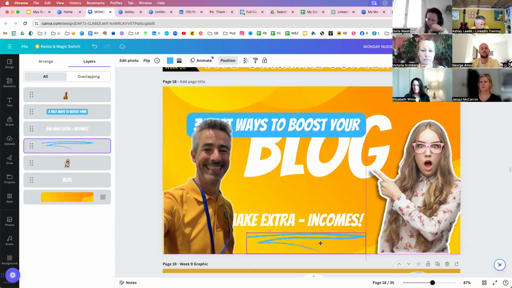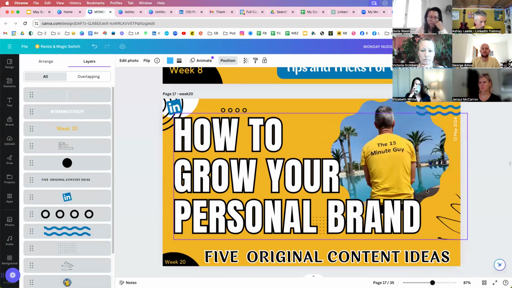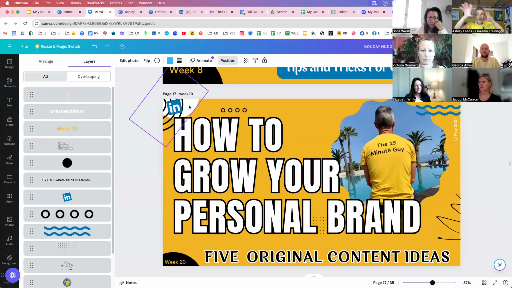And the thing is, what I like about grabbing hold of someone else's design idea, it brings in other elements. And if you look at some of my designs, like I've got a squiggle here, I've got a few dots, I've got another squiggle and a circle, and just bring them in and just have a play.